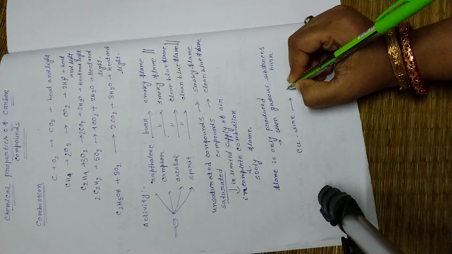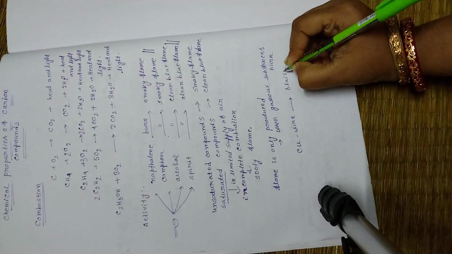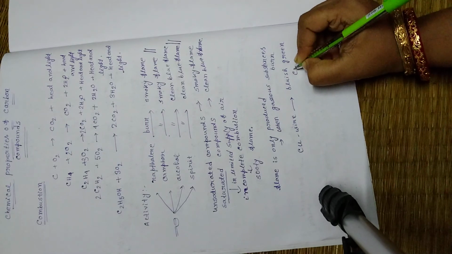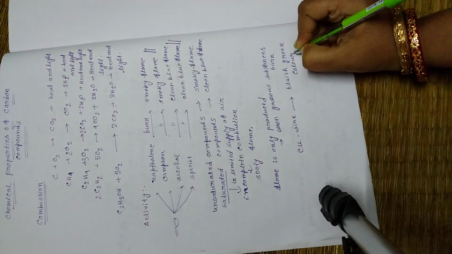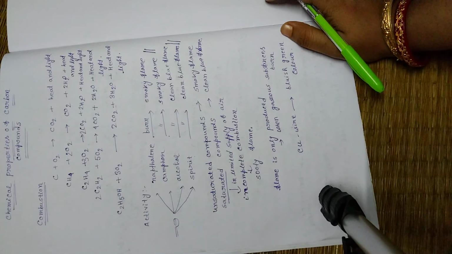Like in case of copper wire, we can see the bluish green color. By seeing this bluish green color, we can identify the wire is made up of copper. So the color of the flame is characteristic of that element, and it varies